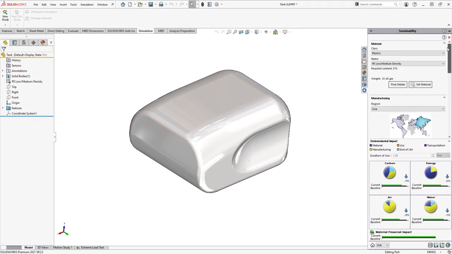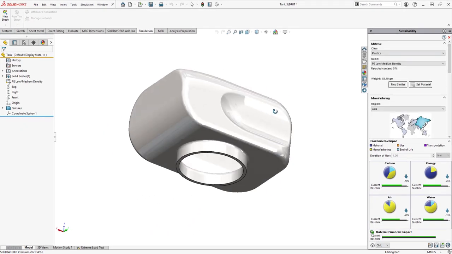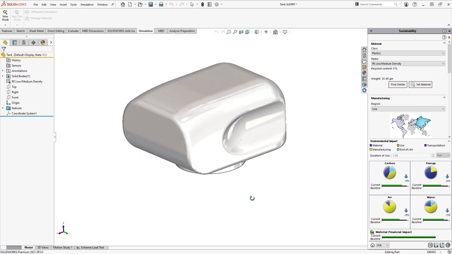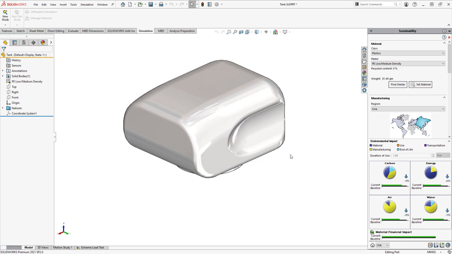So it's not too bad so far, but what I'd like to do is look at really making this a very environmentally friendly part, or improving upon my environmental impact. So it's quite thick. I'm going to thin it down a bit, but I need to make sure it's still a strong material, or maybe something stronger than the PE low medium density plastic I'm using currently. Because in practice, somebody might put something heavy on the tank and I don't want it to give way. So I need to make sure this is suitable for purpose.